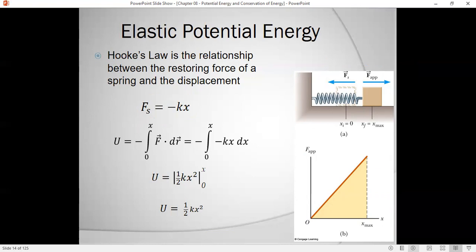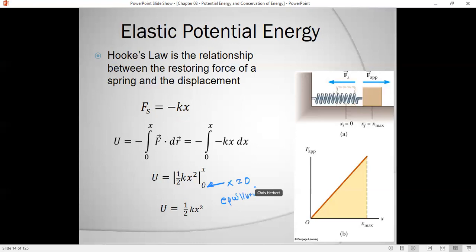Okay, so I take this and I put that into my little equation right here. All right, probably simpler just to think of the scalar form of this right here, because actually the force is along the x direction, and therefore we'll replace dr with dx. So I have negative kx dx, okay? The potential energy is equal to the negative integral, just the opposite of what I'd be doing for calculating work. I calculate the potential energy compared to equilibrium. When x equals 0, that's the equilibrium,